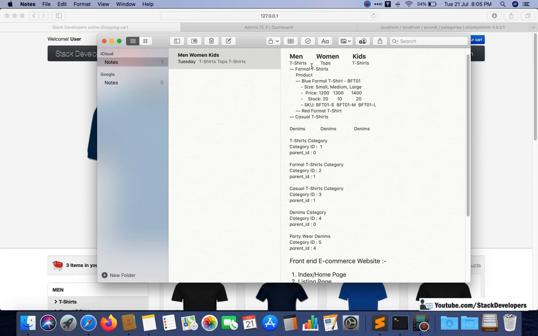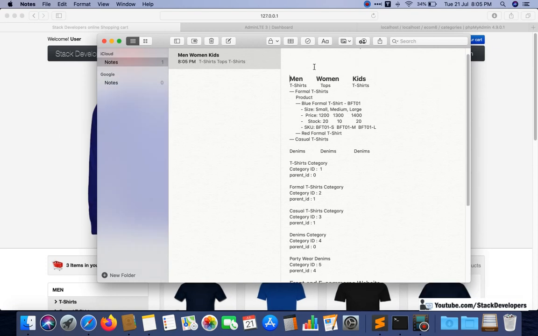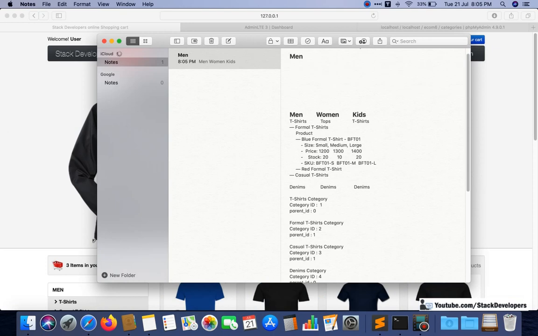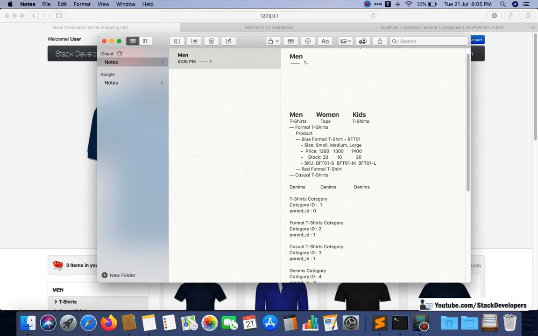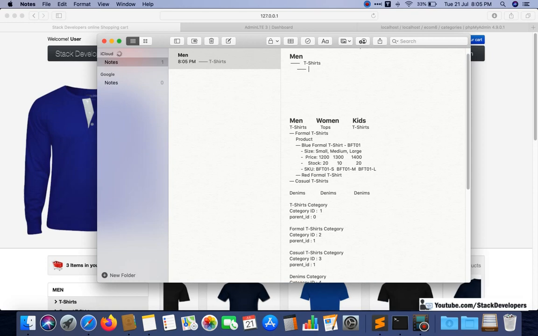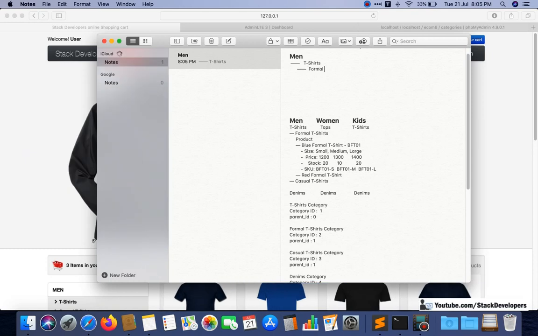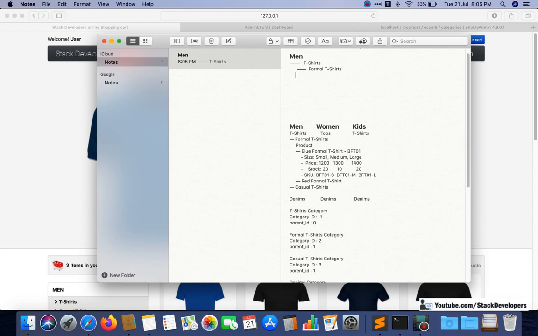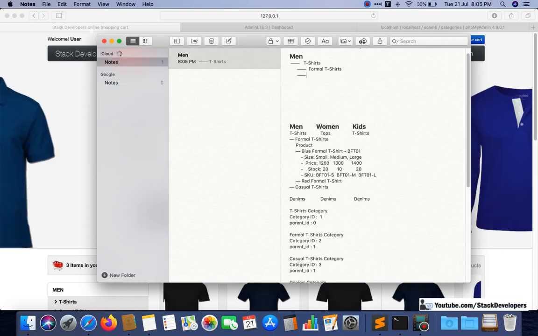To be clear, I will tell you what I want here. I want men. Under men I want categories like t-shirts. Under those categories, subcategories like formal t-shirts and one more, casual t-shirts.